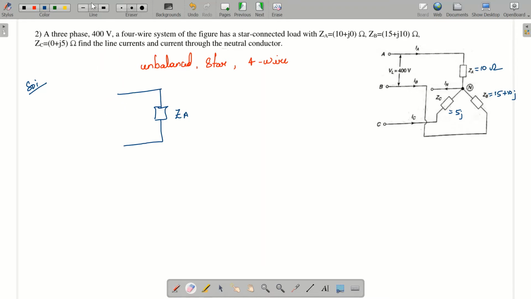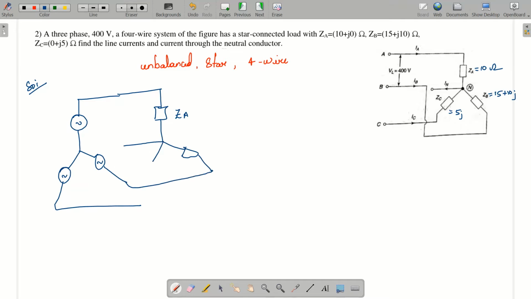See here, it is a star connected source, and the load may be unbalanced. We are simply connecting VRO across ZAN. So the voltage across this phase will be VRO itself. So what can I write? The phase voltages as